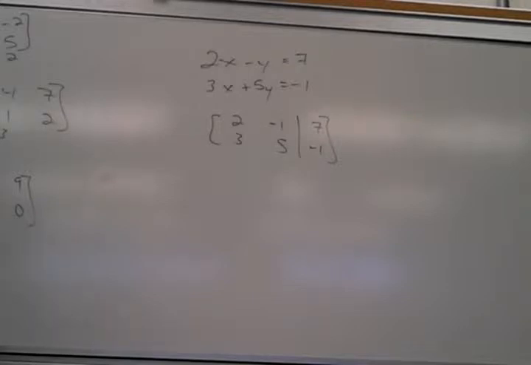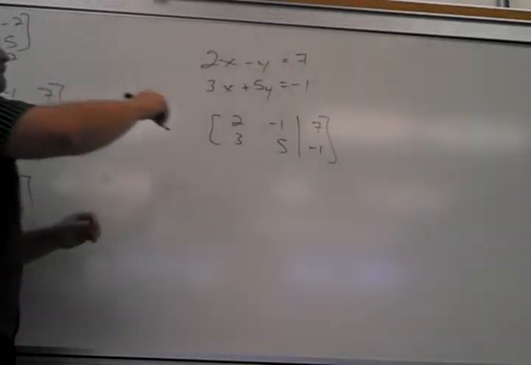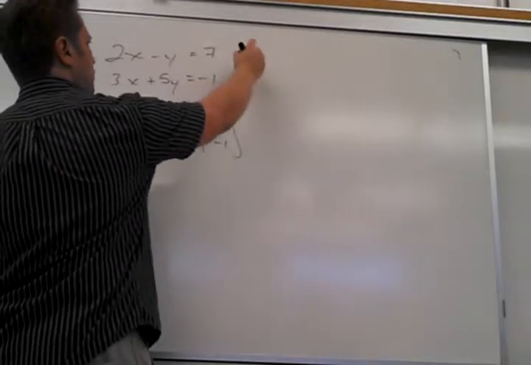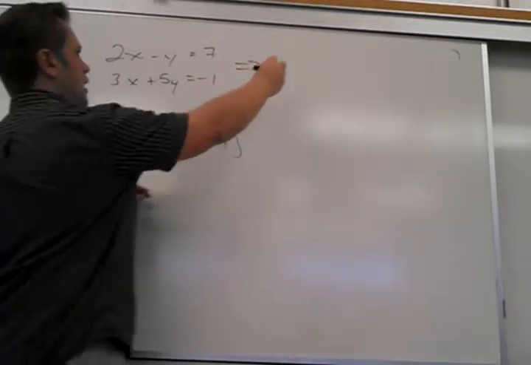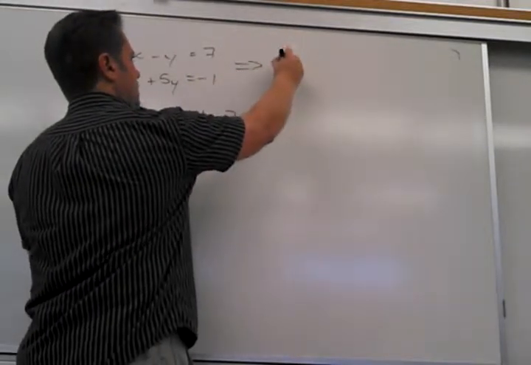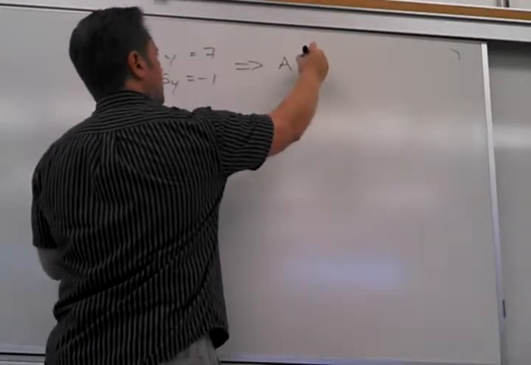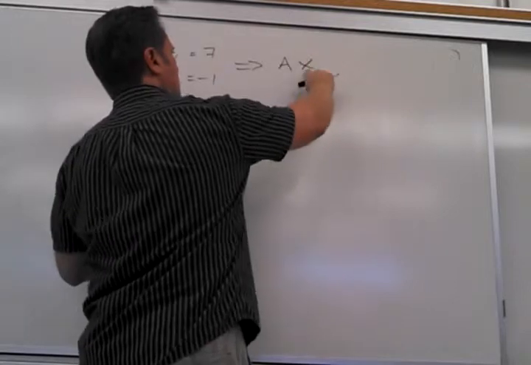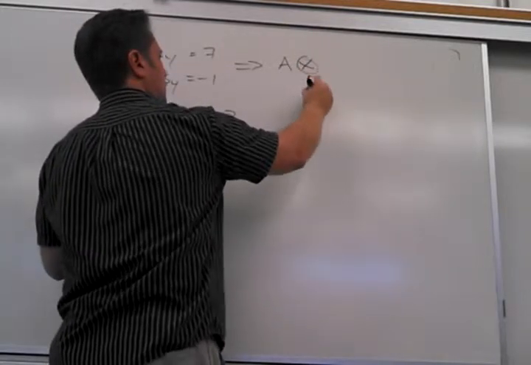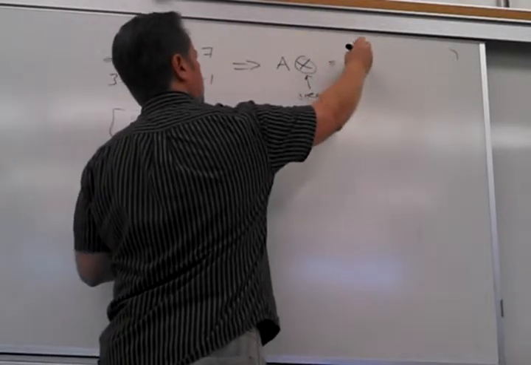Another way to represent this, and this is where we're headed relatively soon, is I want to represent this as a matrix times a vector equals